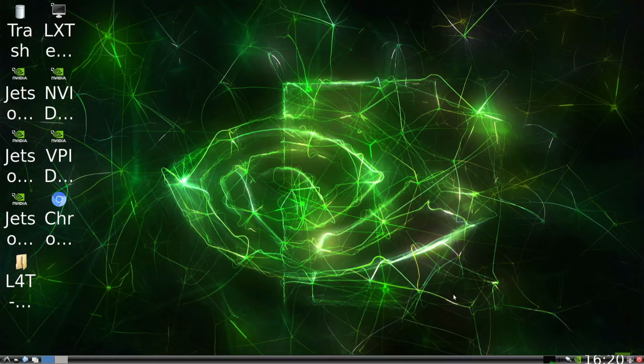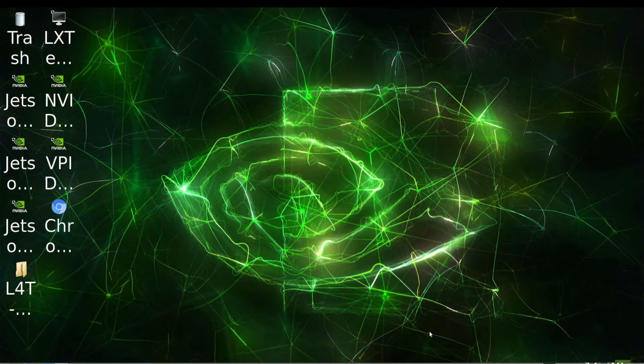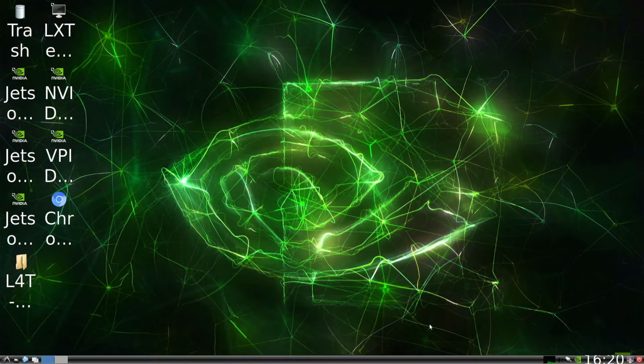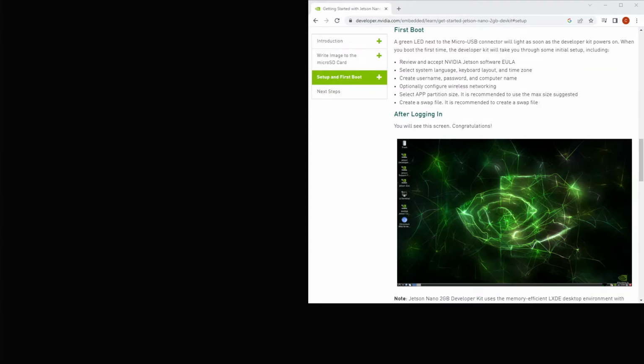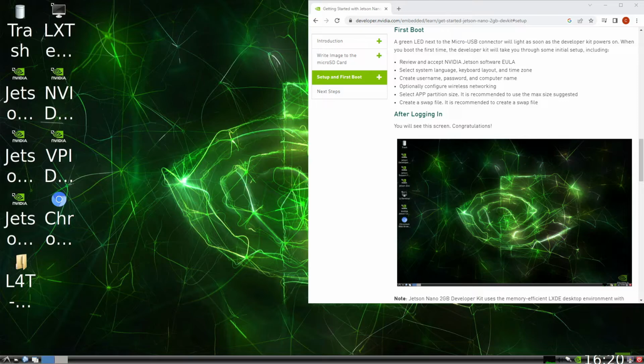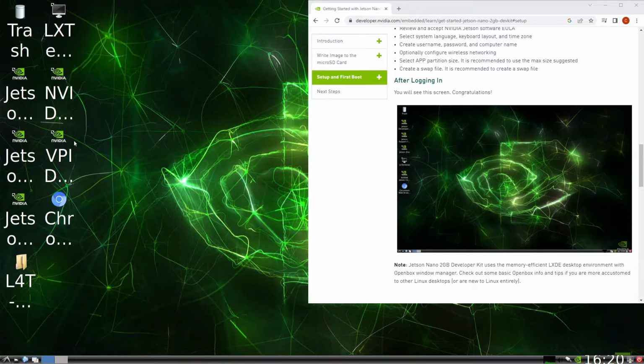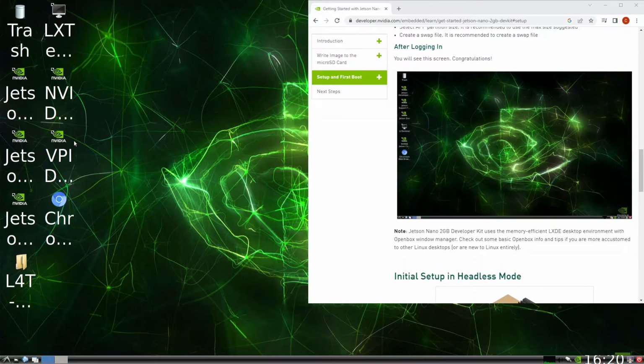Okay, so we are greeted with this desktop, which tallies with the website. The only difference here is that we see the font is all very big. So what to do with that? Okay, so we saw the desktop, then